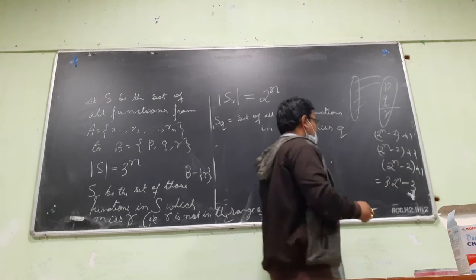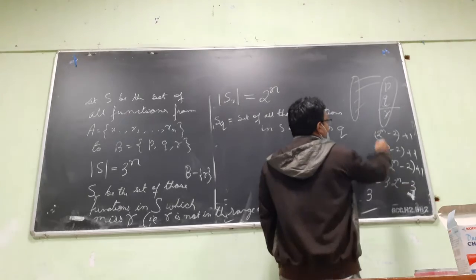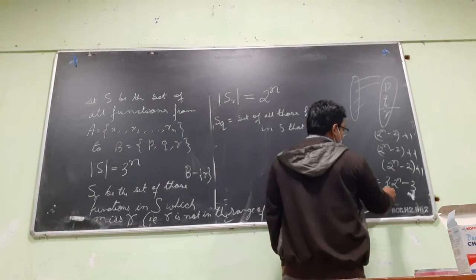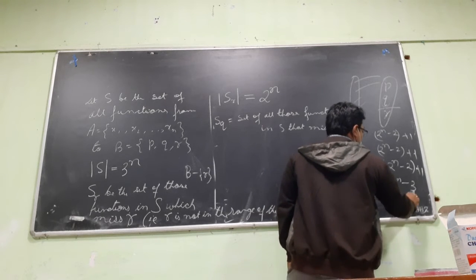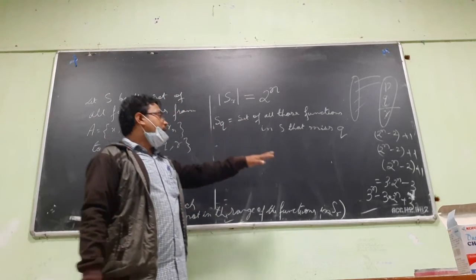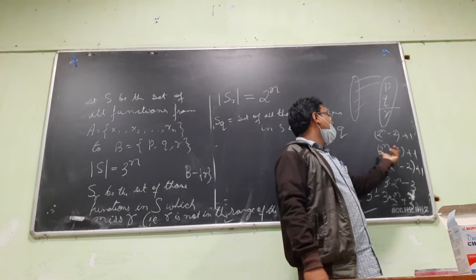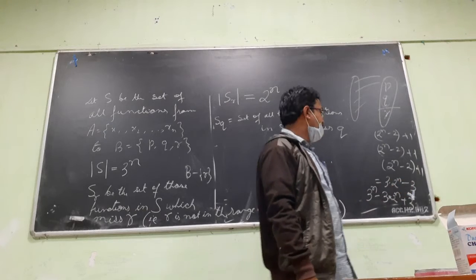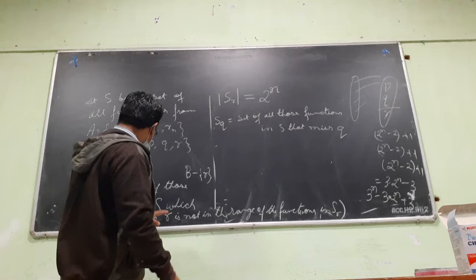And so what is the total number of onto functions now? These are the functions which are not onto. So the number of onto functions will be something like 3 to the power n minus 3 into 2 to the power n plus 3. That way also you can do it, but we can do this with the help of the earlier number of onto functions. We need the earlier number of onto functions. So this way is better. You will see why.